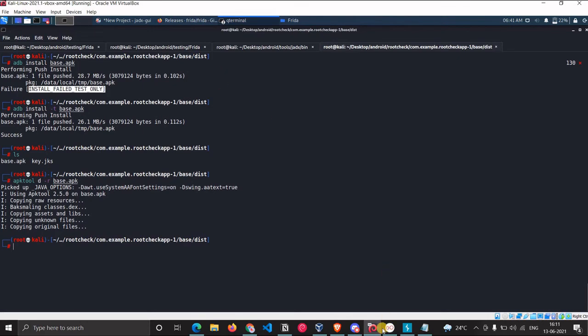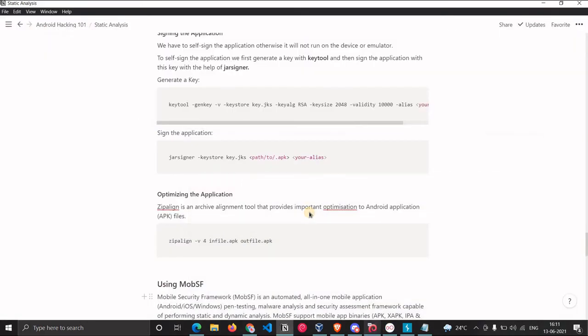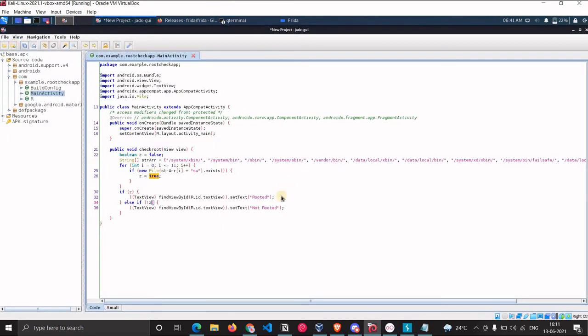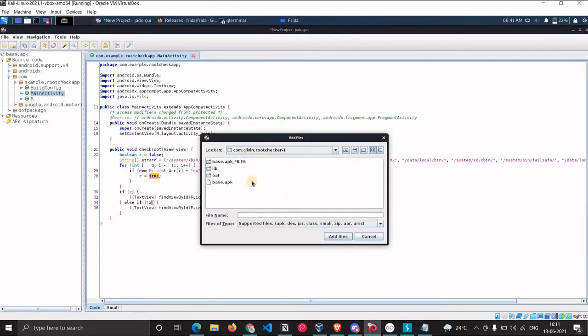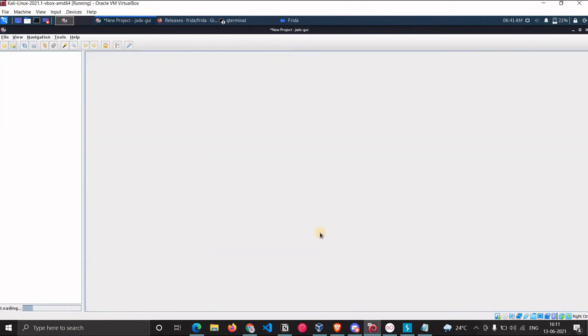No, you can show it in JADX. I can, okay. I'll just show it here itself. Okay, let me just check where it was, under this base.apk.